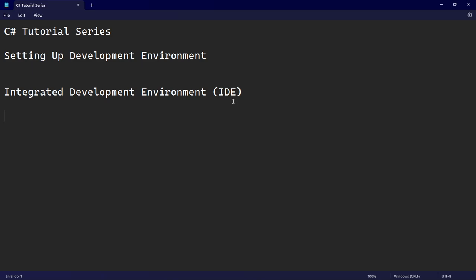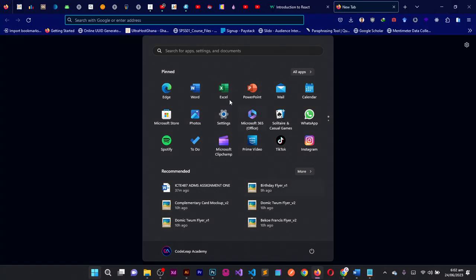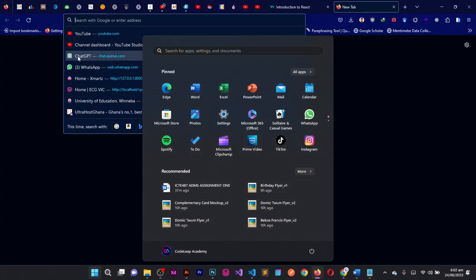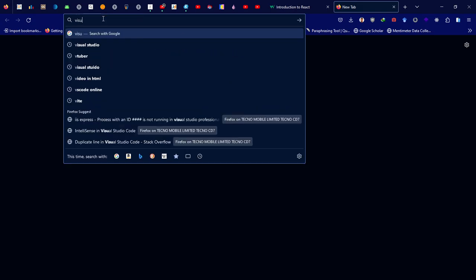Okay, good. So to install Visual Studio, we have to go to the official website of Visual Studio. That is actually a Microsoft product, and then we are going to target the community version. So once you have opened your web browser, go ahead and type Visual Studio in the address bar